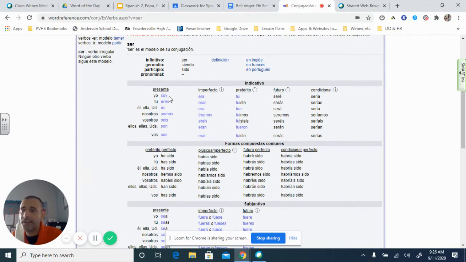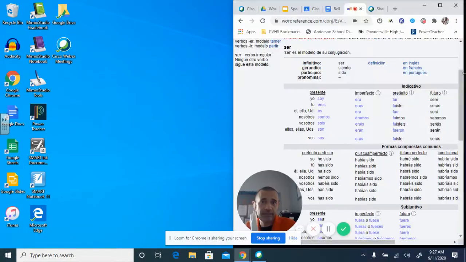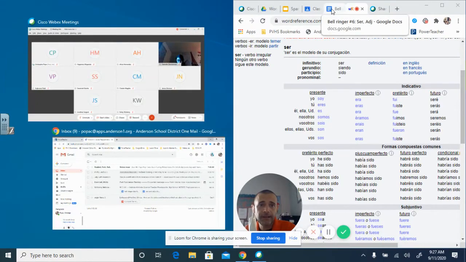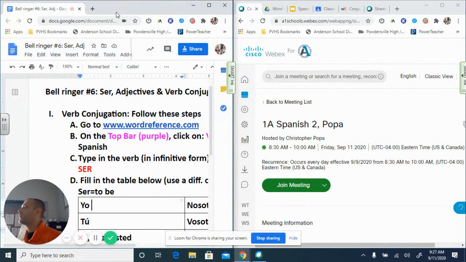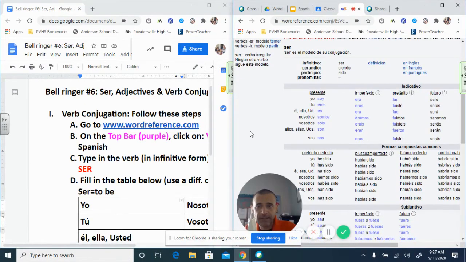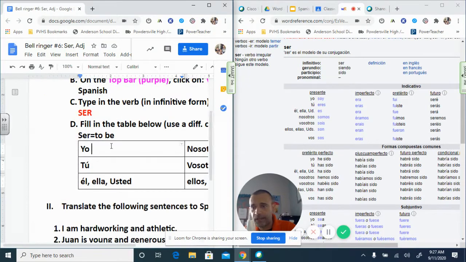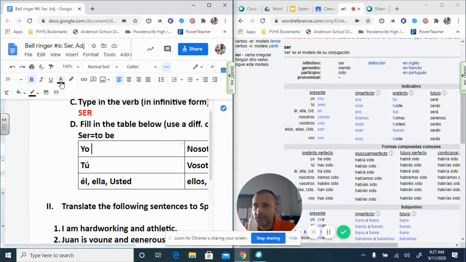So this is what you're going to use to fill in that chart. You can copy paste, you guys know how to do this. You can split the screen this way and have the dictionary on it, and then you can take your document and pull it off and put it over here. It's a little more difficult on the Chromebooks, I know that, but you can still do it. Then you have it right there, and you're just going to type in the categories. I don't care what color you use. Me personally, I would probably use a different color just so you can distinguish it from everything else. So I don't know, we'll